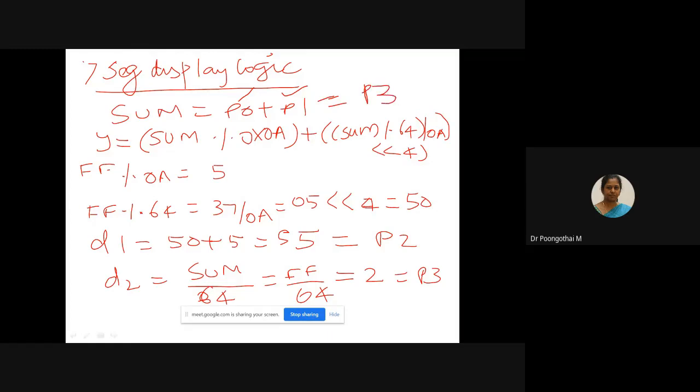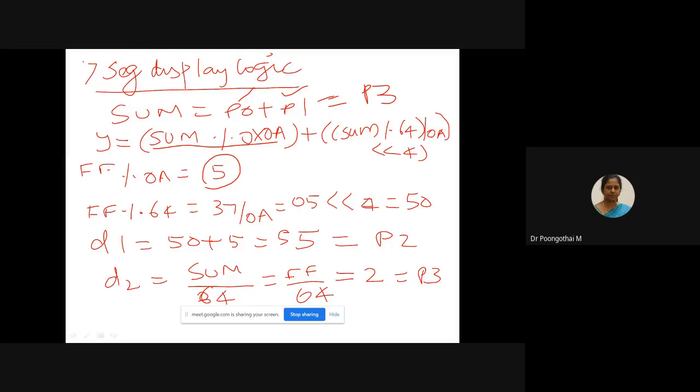This is the conversion formula. First, you have to take modulus of your sum by 0a. The calculation is completely based on hexadecimal. Please listen carefully. FF modulus 0a, so the remainder will be 5.